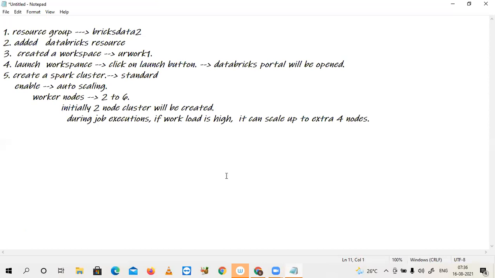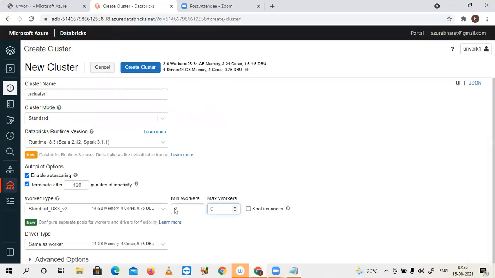Generally, organizations select something like 250 as the minimum worker nodes and up to 1000 as the maximum, depending on their budget. Finally, you need to pay for however many nodes your cluster has used; based on that, the billing has to be paid to Microsoft.